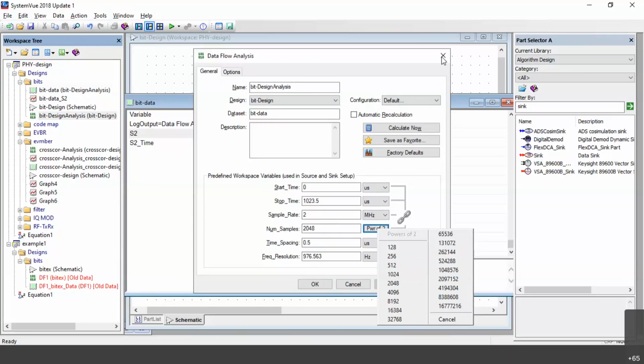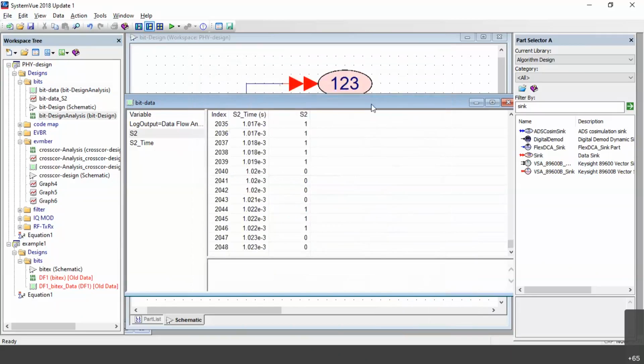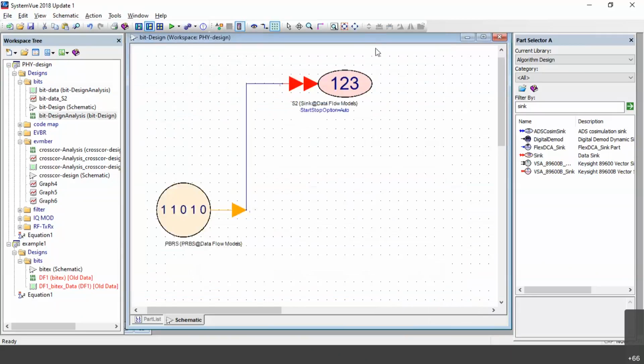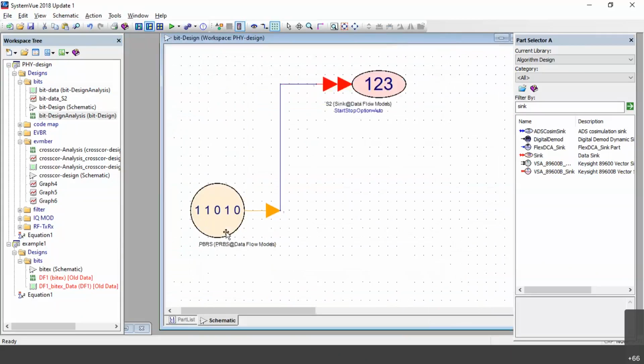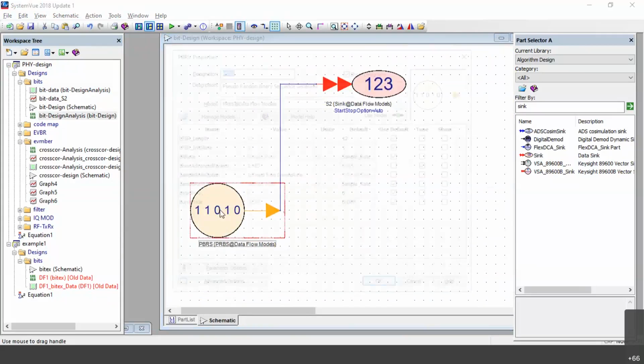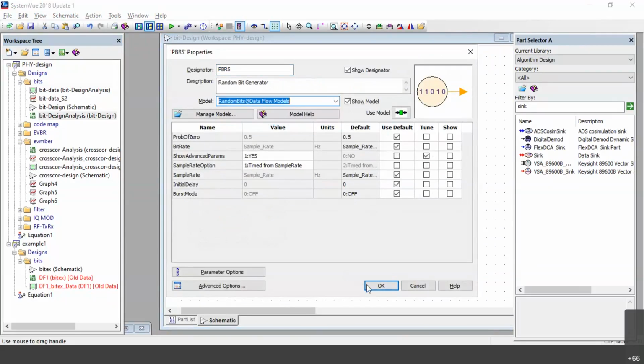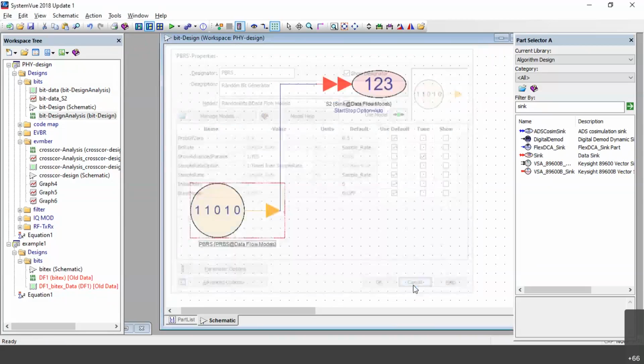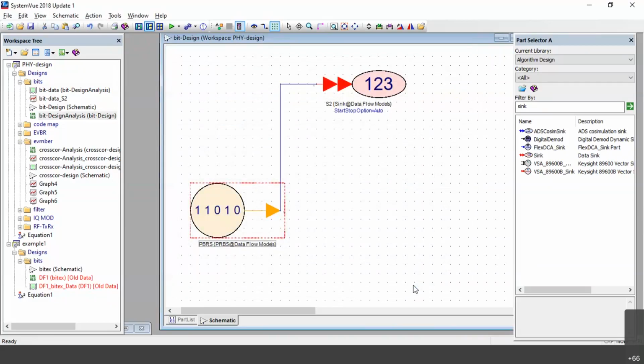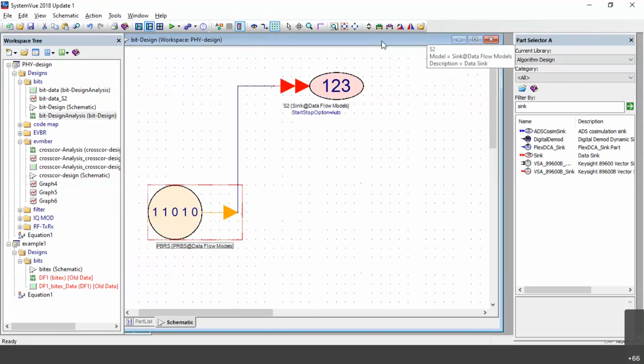Okay. So this is how you are going to generate the bit. If you want to generate a random bit generator, then just press here random generator. Then whatever you want, you can change according to your needs. Then you say okay. Then again you go for analysis and then calculate now. Fine. Till here it is clear. So that is how you are going to generate the bit. Fine. I'll close this part now.